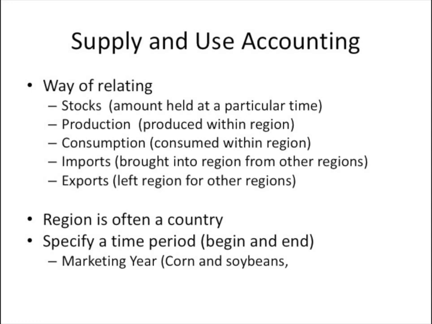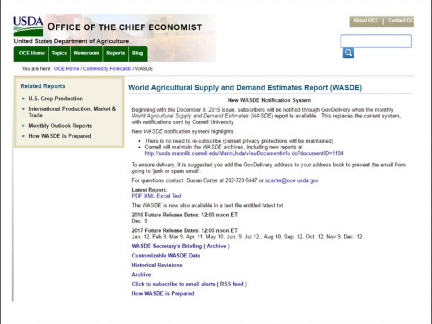If you're in accounting, you can think of the stocks as our balance sheet items. Production, consumption, imports, and exports are our flow items, which would either appear on our income statement or our cash flow statements. We are going to give a specific example of